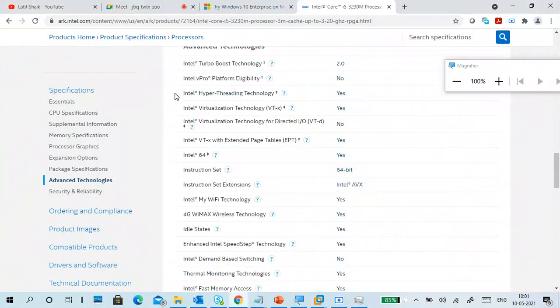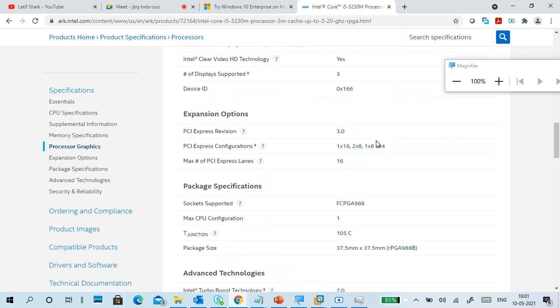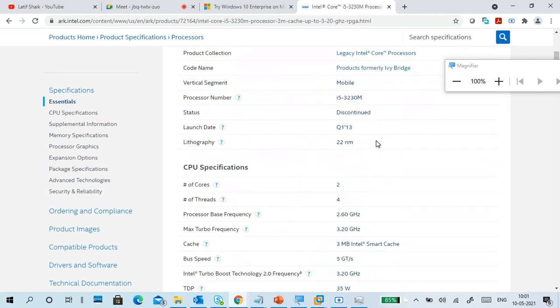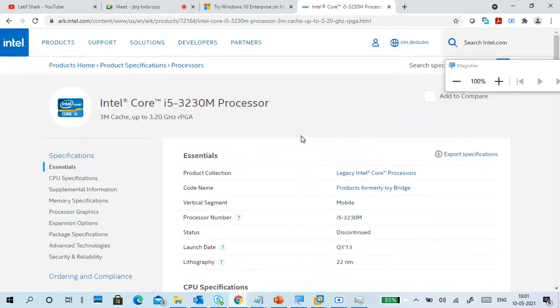You can also verify on the Intel website whether virtualization technology, VT-x, is supported. And it must be 64-bit. A 64-bit processor is required because of 64-bit virtualization, mainly for the server.